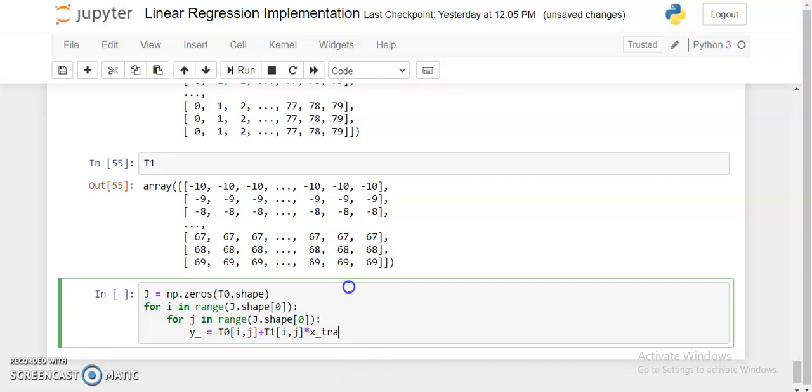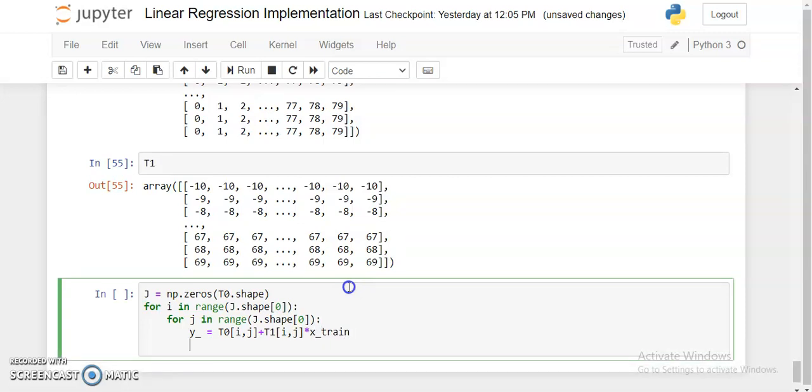And this is x train in our case, right? And the value of loss at i and j would be np.sum of y dash minus y train. Here I am using the concept of broadcasting, so that all the values are multiplied at the same time, right?